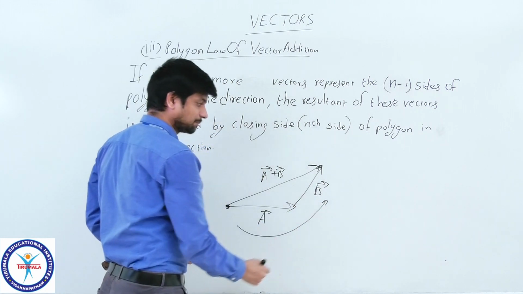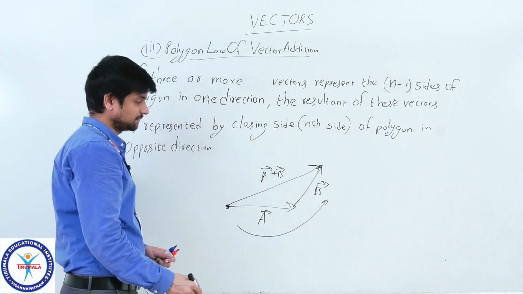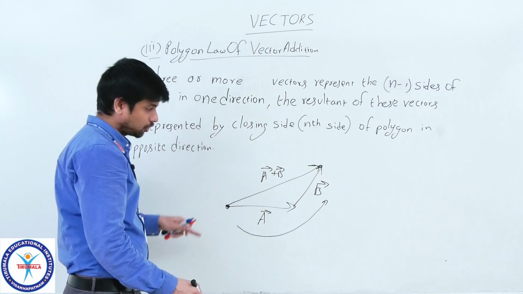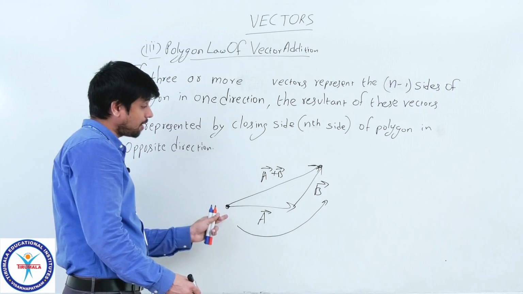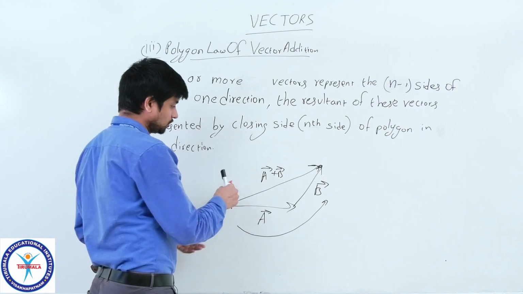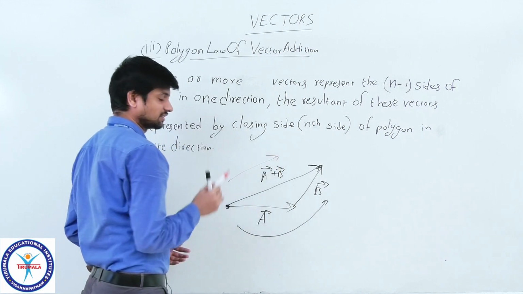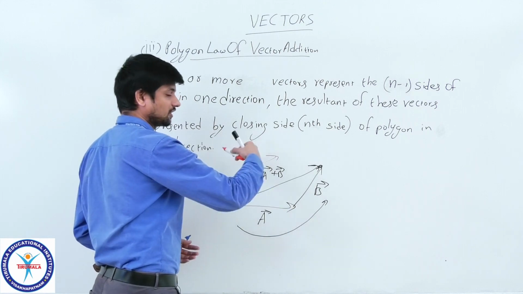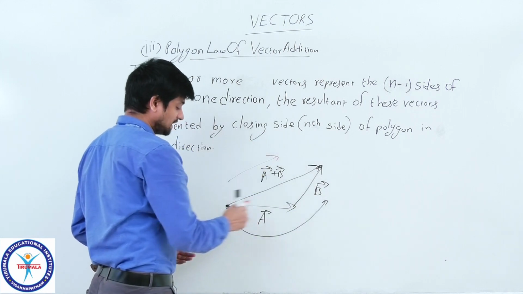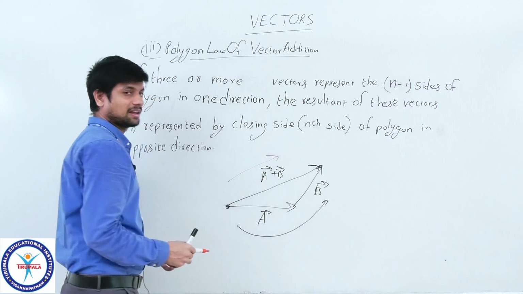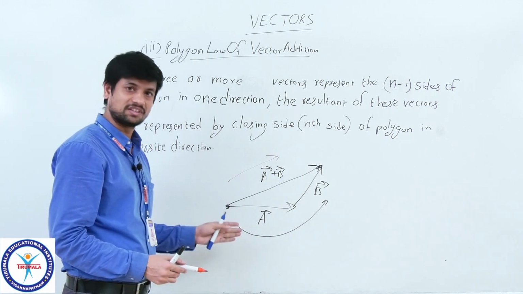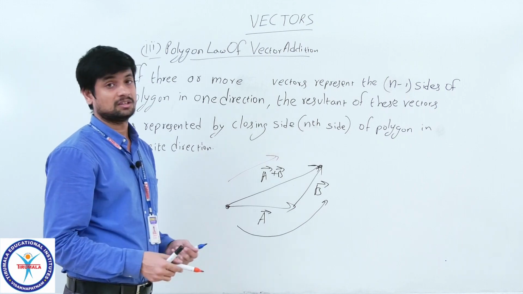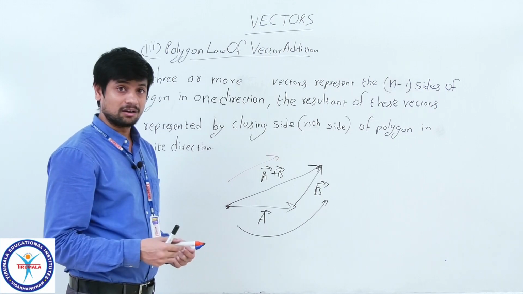These 2 sides are representing triangle sides, and they are following one direction, but you have taken the resultant opposite to its direction. Look at this, okay. If these are following anti-clockwise, this is following clockwise, and you just take the closing side of these 2 sides,